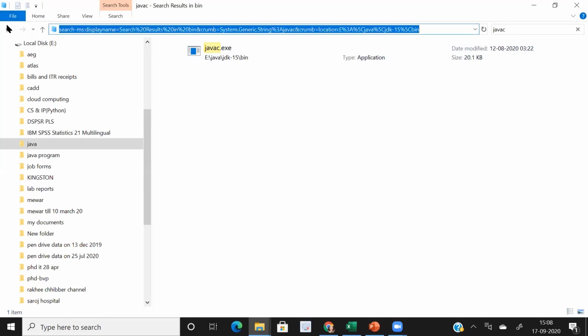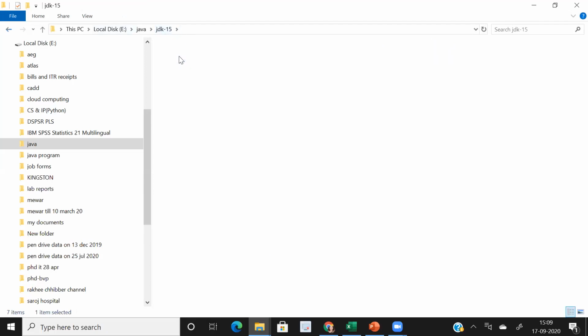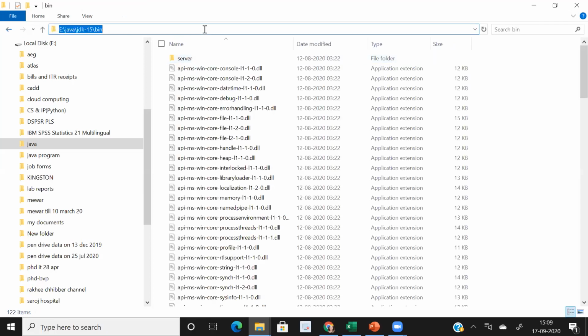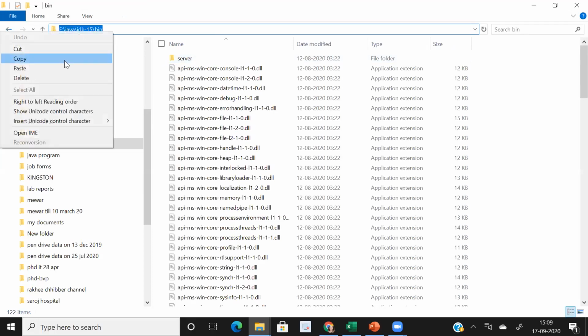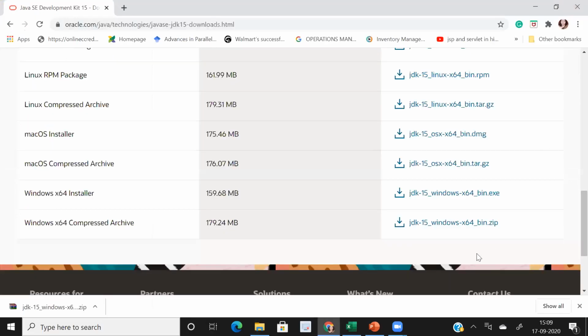So select it, bin, click on it. Now copy it, Control C, or you can use right click, copy, because this is needed in our path setting. So I copied this. Now close this folder. This was the first step.